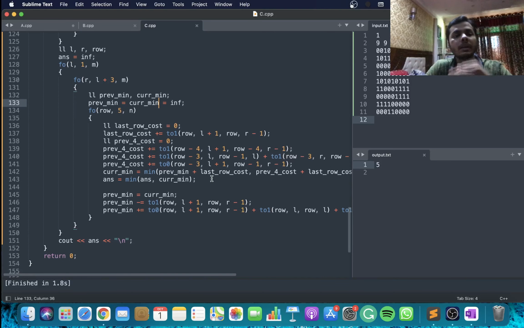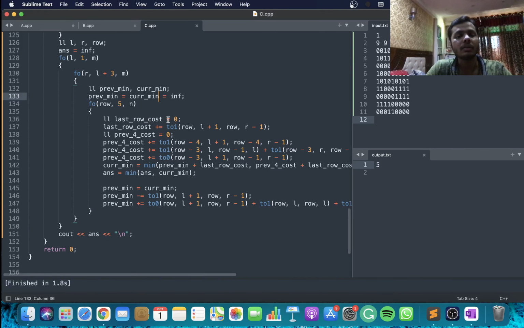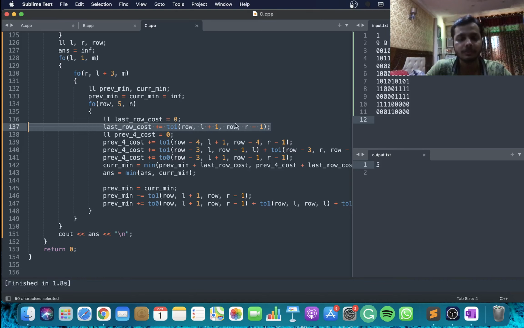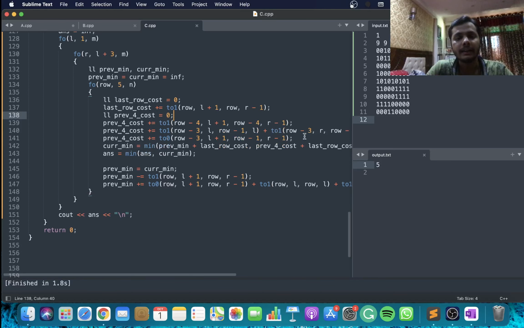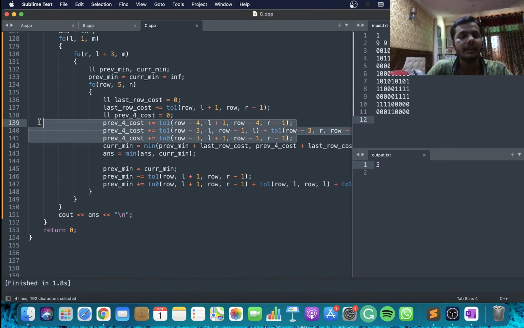Okay. So now firstly I'll calculate the cost of converting the last row to the required condition, right? What I want in the last row is everything except the two corner cells to be ones. So I will add the cost of doing that. This line is calculating the cost of converting the last row excluding the corner cells to all ones. With that done, now I am calculating the cost of converting the previous 4 rows to all whites, and these 3 lines do that. These 3 lines are converting the previous 4 rows to all zeros.